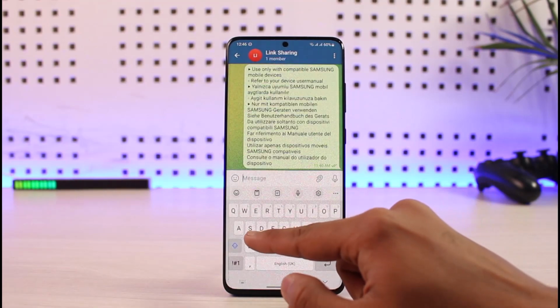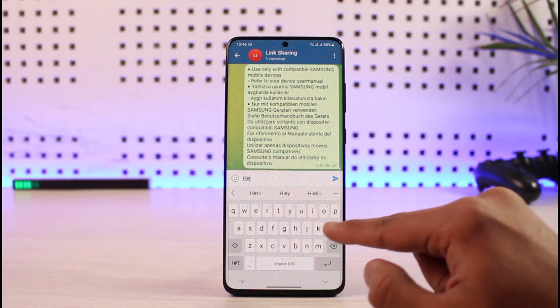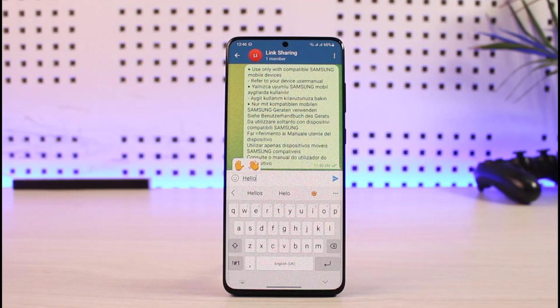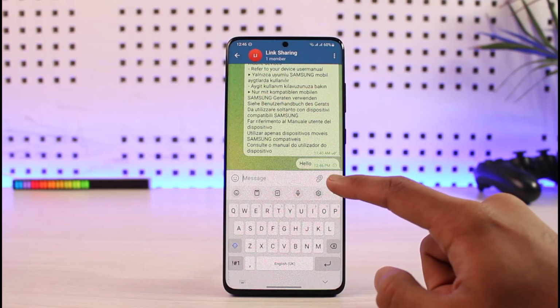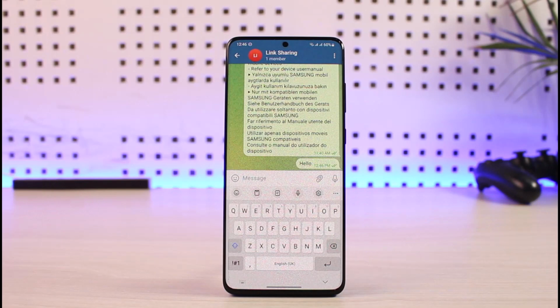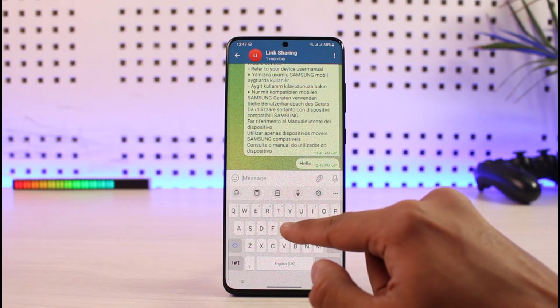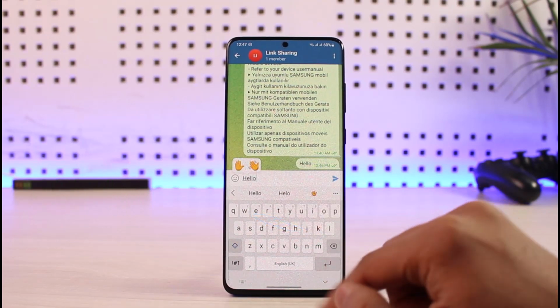Whenever we want to type something, we just type in their name or whatever else we prefer, but this process is actually very lengthy because sometimes you just want to be able to type without having to use your hands or without having to use your fingers, right? So what do you do in that case? In that case, you can turn on a feature called swipe typing or glide typing, which means that let's say I want to type in hello, I'm just going to swipe like this and it's going to type the hello